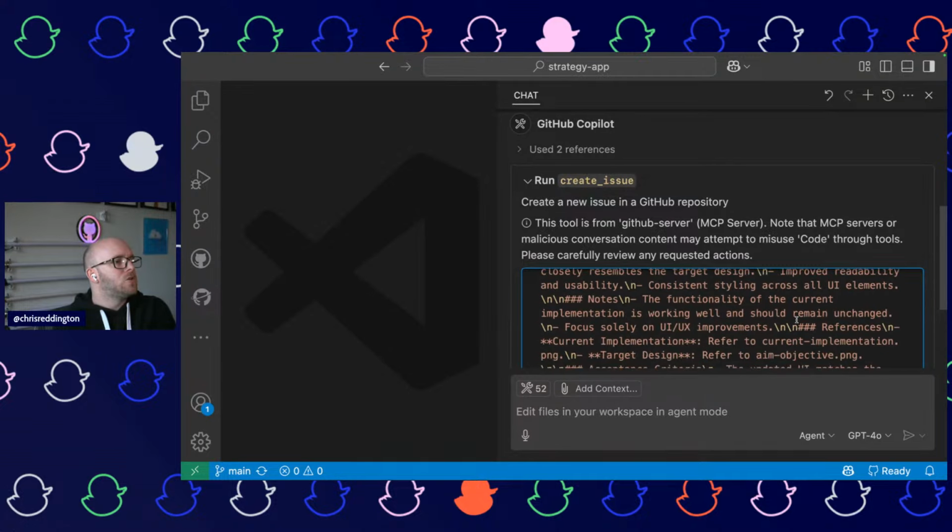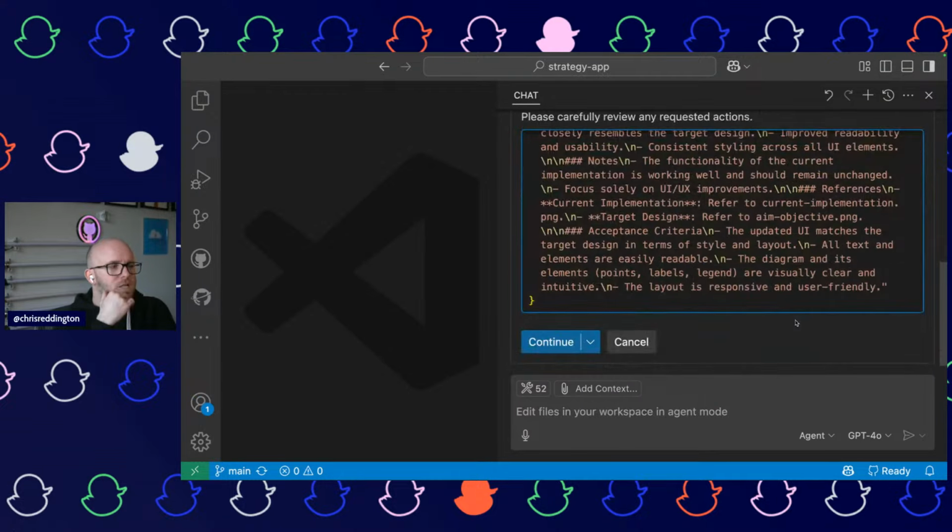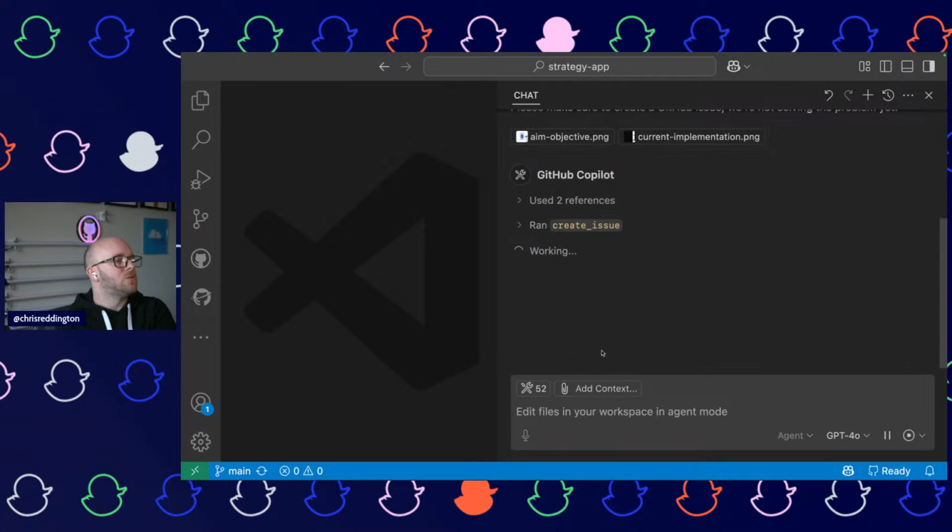So we could try Sonnet. The reason we couldn't right now, though, is I believe vision support for those images is only GPT-4o in agent mode at the moment. So that's why we like to use 4o for this one. Let's do this. Let's continue. Let's create that issue.